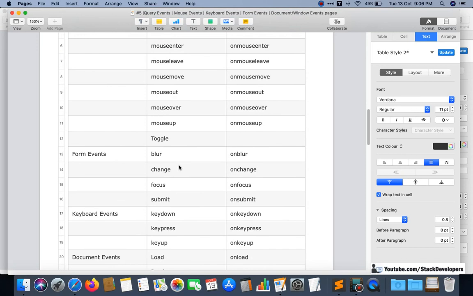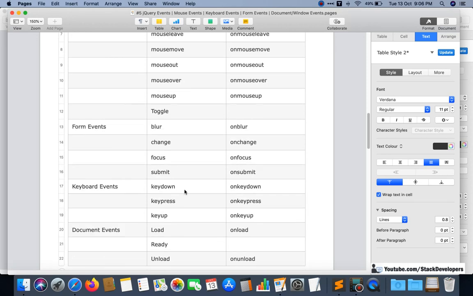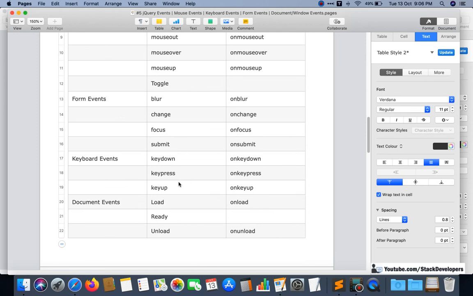Form events are like the submission of the form. It happens on change, like change is used for the select drop down, where you are going to change the selection. Focus is like if you forgot to fill any field, and you are focused again on that field, because you have to fill that field. And blur. All these kinds of form events we are going to learn deeply.